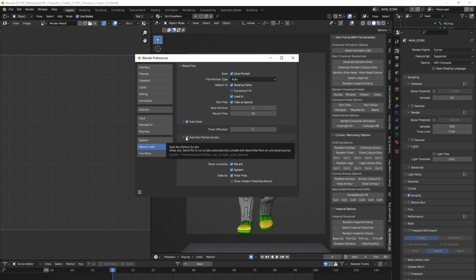Auto Run Python Scripts. If you don't have this enabled, and I think it's off by default on a fresh install of Blender, two things won't happen. One, you won't get the Dark Forces script pop up, and secondly, there are controls on the character rig that won't work. So particularly if this is all you're using Blender for at the moment anyway, just check Auto Run Python Scripts. The other thing to check while we're here is under